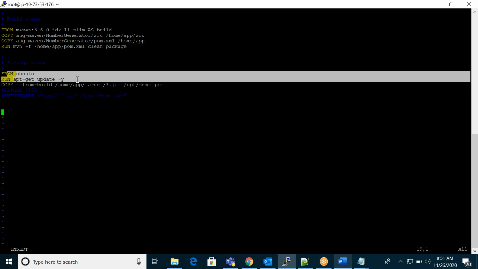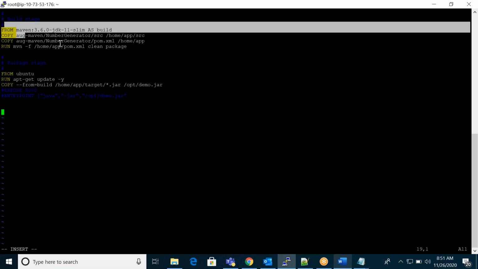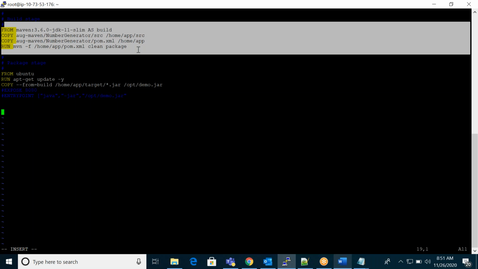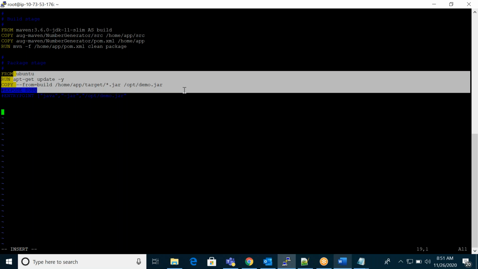If you do all the steps in the same image, then again binaries will increase, and your actual image size will be increased. So that's why, my base stuff, like configuration, converting, building, all these things, I'm doing in some other image. From that image, I'm copying my jar file to my actual image.